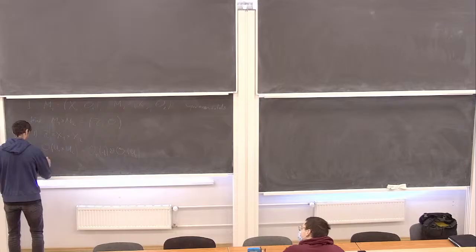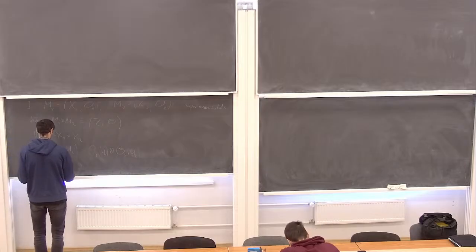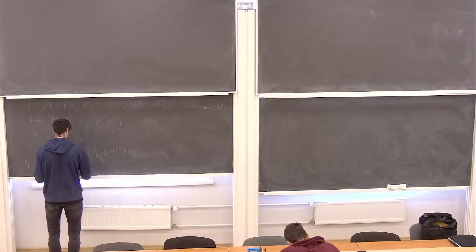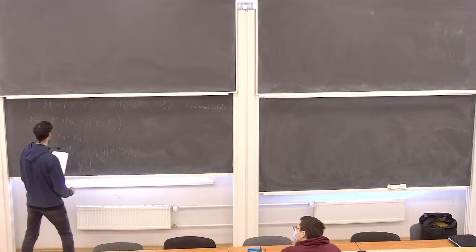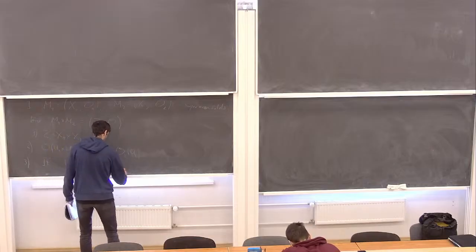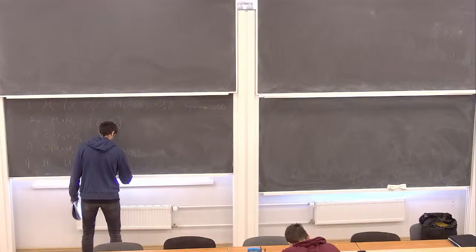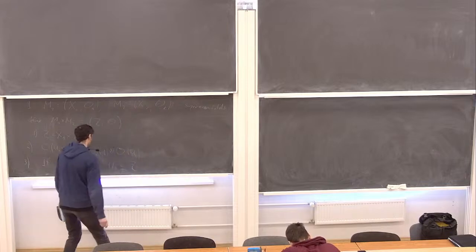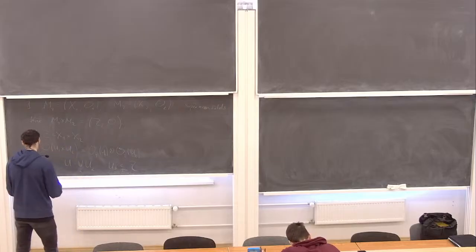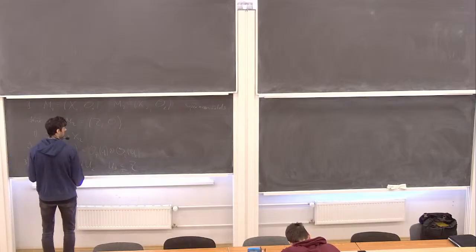So I require that if U is just a union of some open subsets inside Z, so U alpha is open inside Z, then I'm just defining